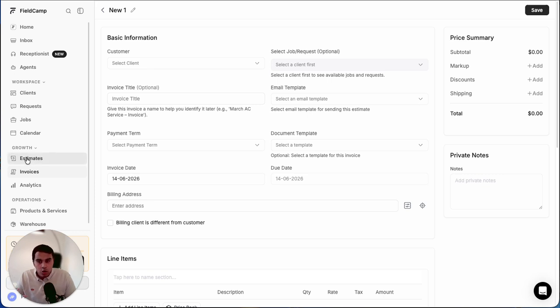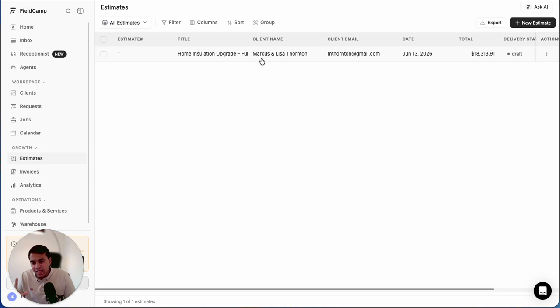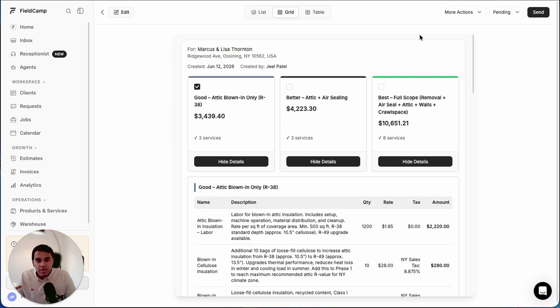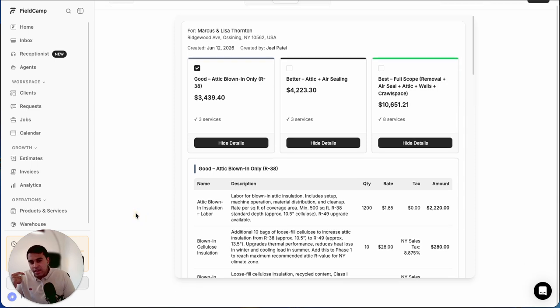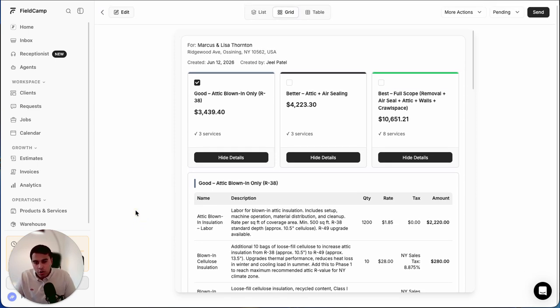And one thing I forgot to mention is, for the estimates, you can send it to the clients ultimately, and then when you do send it to the client, they can give you change orders which can come into the picture. They can approve or reject one of the options. You can collect e-signatures, and you can have contracts, terms and conditions, and collect deposits if you have integrated Stripe as well. But that's a quick tutorial of how